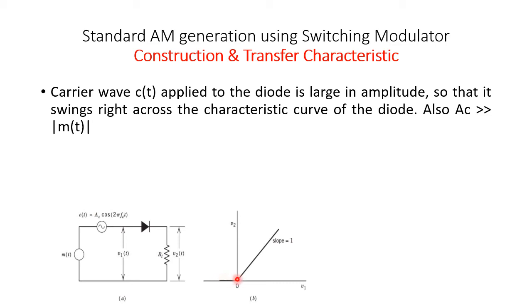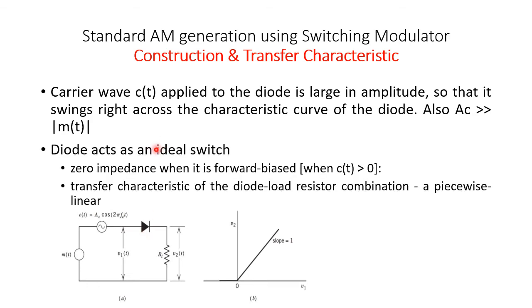What you should keep in mind is that the output will not have any negative amplitude components. It will be either 0 or positive, right? The negative parts will be clipped off because of the presence of this diode. We are assuming the diode to be ideal. So maybe now we can try and see how the output will look. It's like a positive clipper, but the only difference is that at the input we are giving M of t and C of t in series.